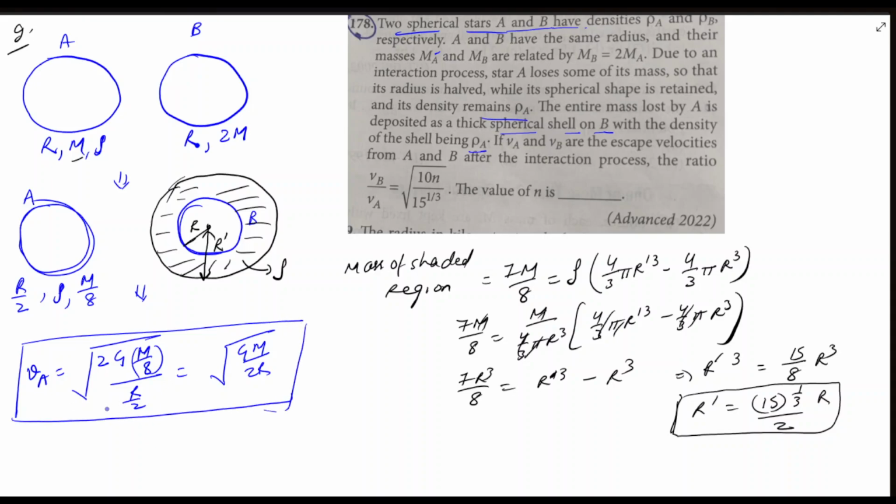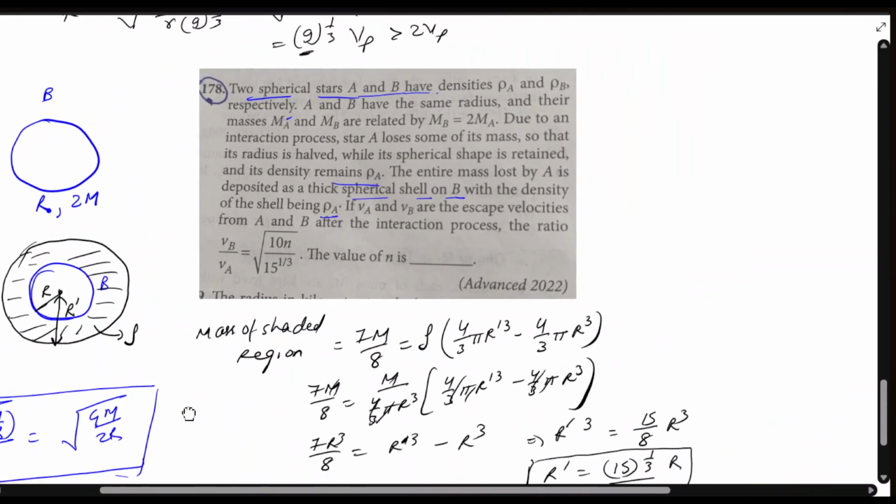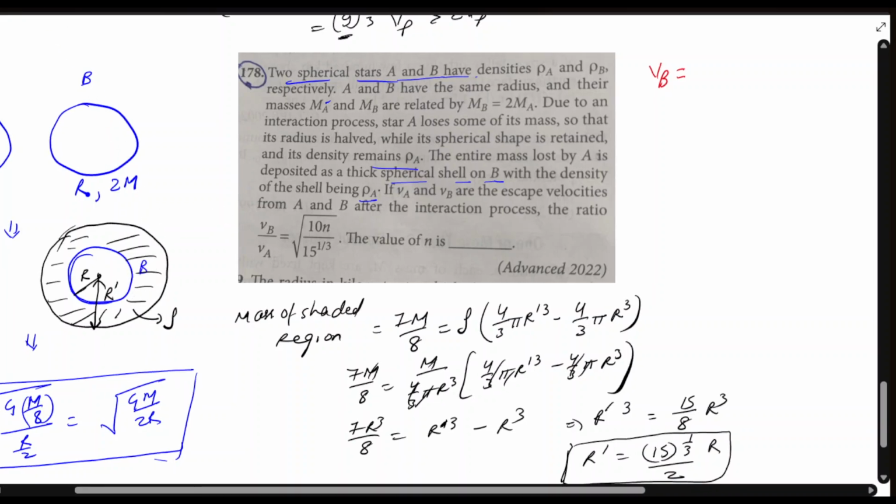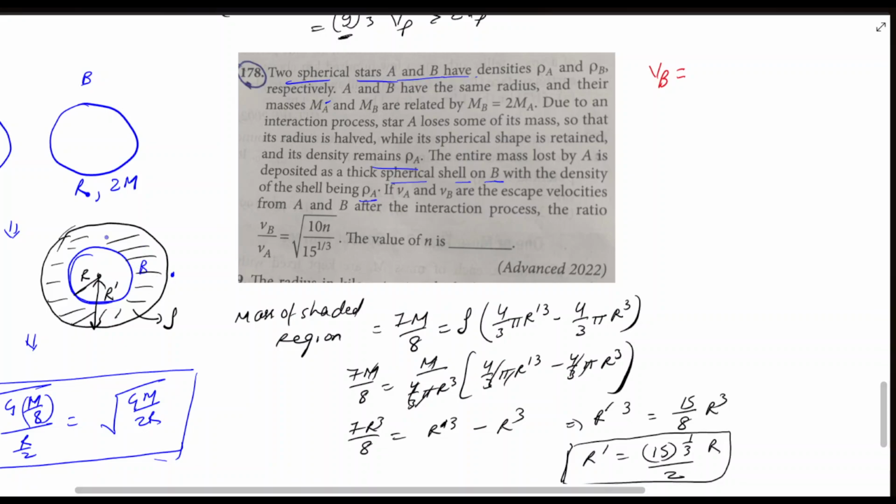Now let's find VB. So I'm writing VB here. So VB will be what? Now look, the escape velocity is from the outside, and this whole is a sphere. So if you conserve the energy, we just have to write the total mass. So what will it be? It will be